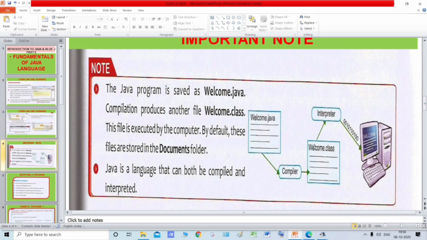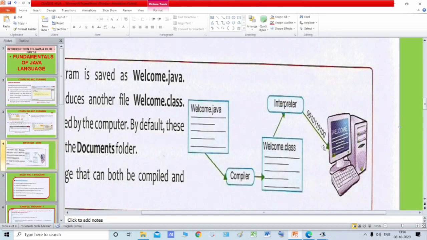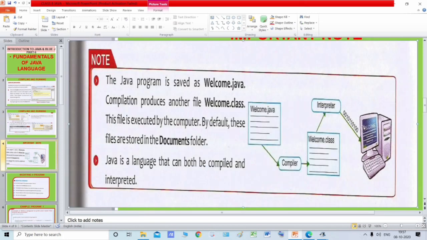Now, the welcome.class file gets interpreted, and after the interpretation process, the code is translated into machine language code. This is understood by the computer, because as you know, the computer only understands machine language, and then the computer provides us the output.